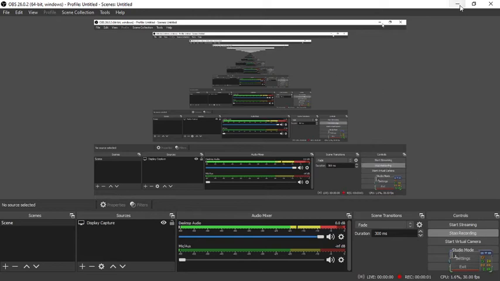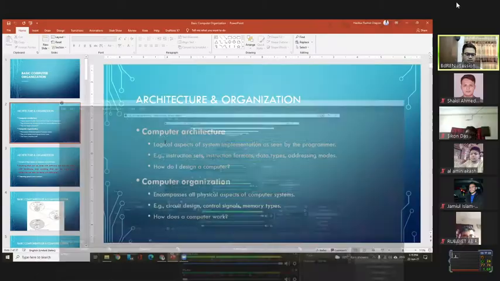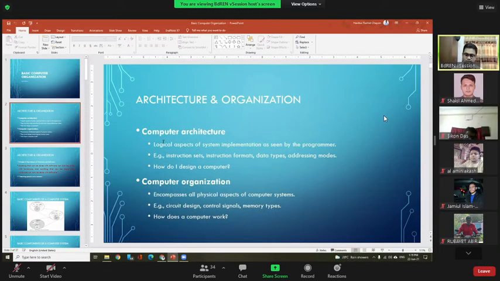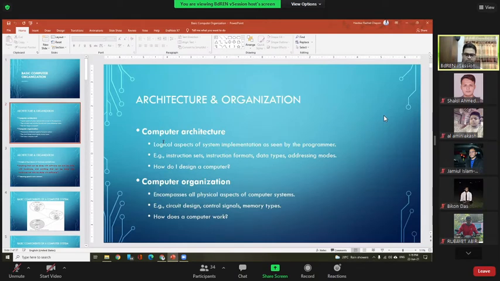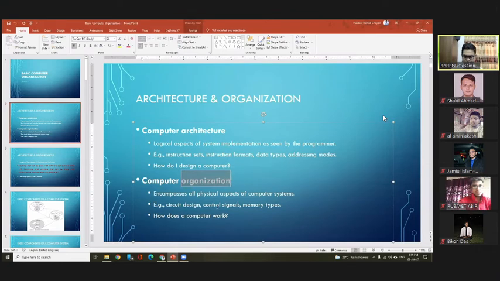That architecture means the theoretical part, the logical part, or the software part, and the organization is the hardware part or implementation part of the computer. So please remember these two terms. One is the architecture, another one is the organization, because these two words we are going to use so many